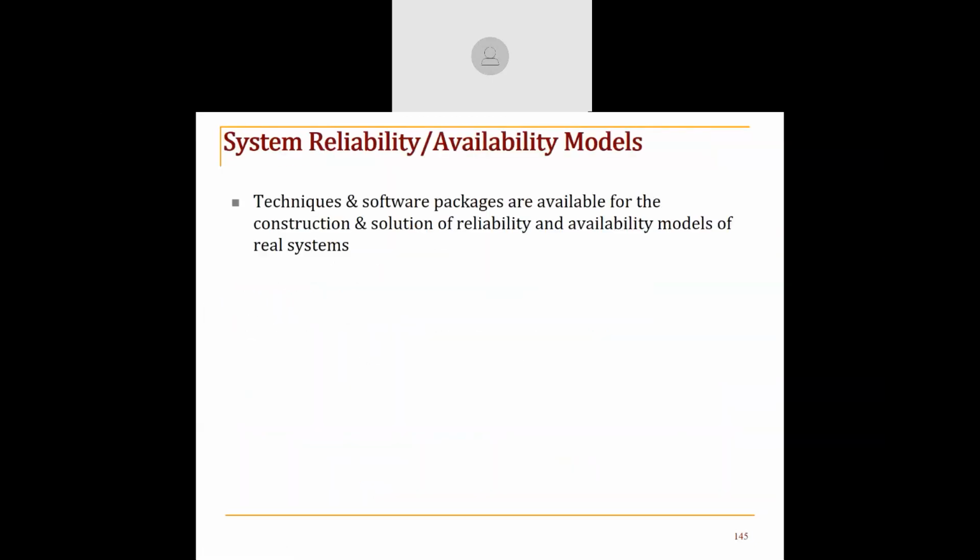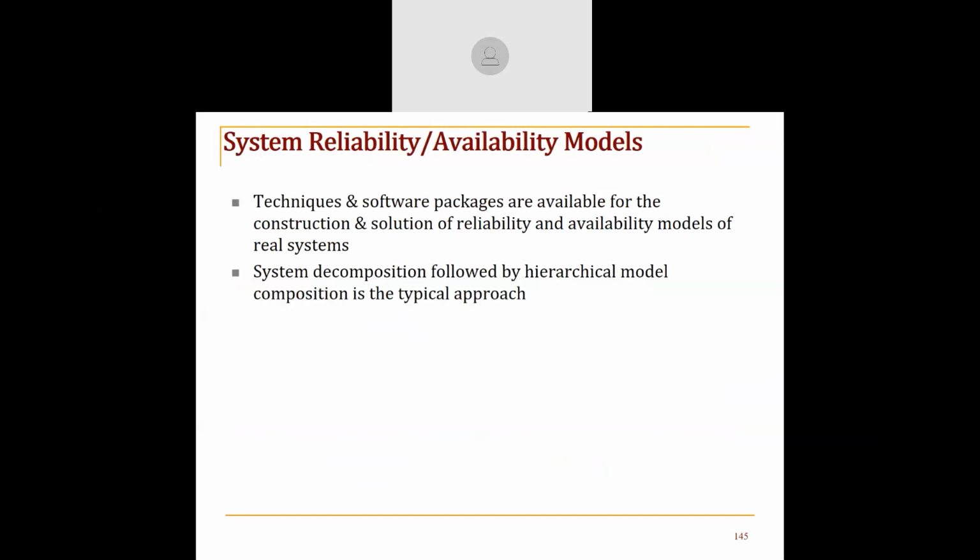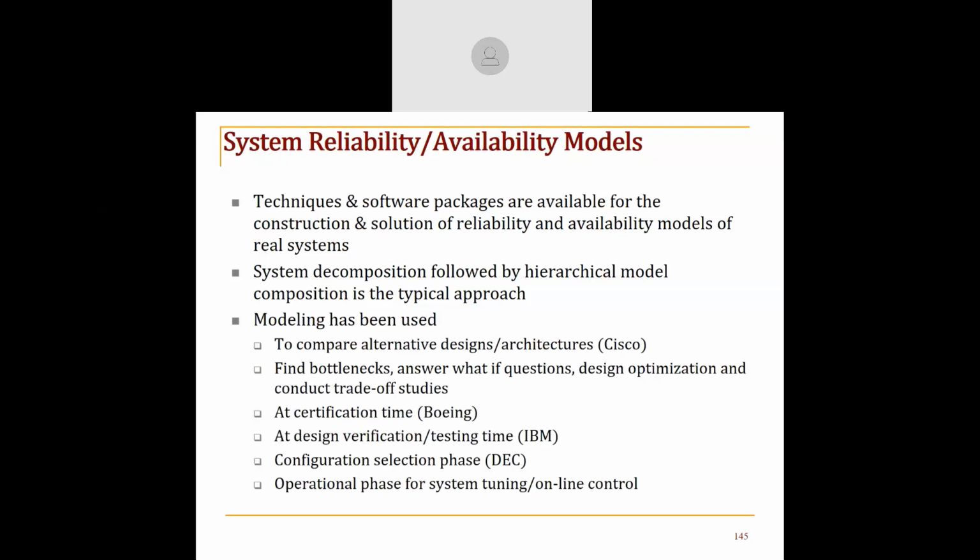Conclusion. I believe that techniques and software packages are available for the construction and solution of reliability and availability models of real systems. System decomposition followed by hierarchical model composition is the typical approach. Modeling can be used and has been used to compare design alternatives at Cisco, find bottlenecks, answer what-if questions, design optimization, and conduct trade-off studies at certification time in Bobbio, for example, at design verification testing time at IBM in the SIP server. Configuration selection phase was used in digital equipment operation. Operational phase we are beginning to use more and more for